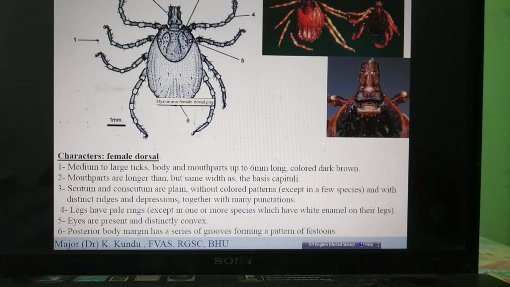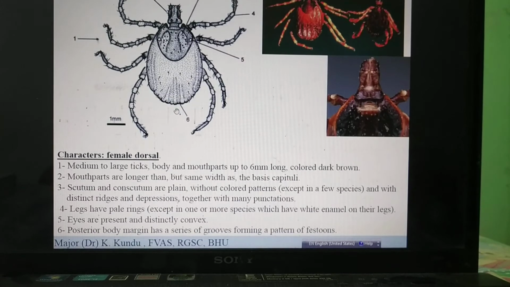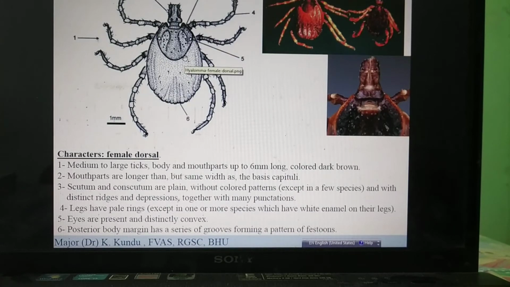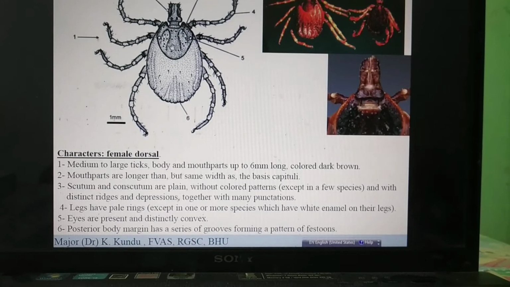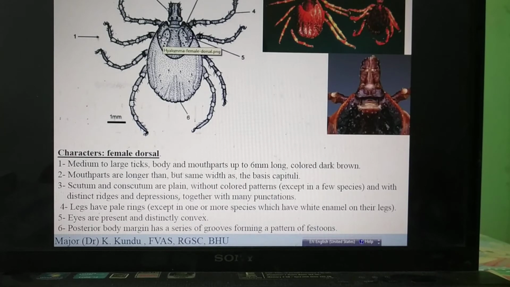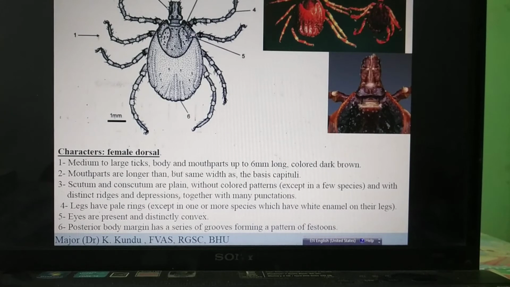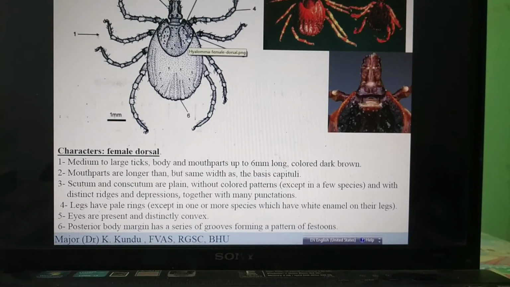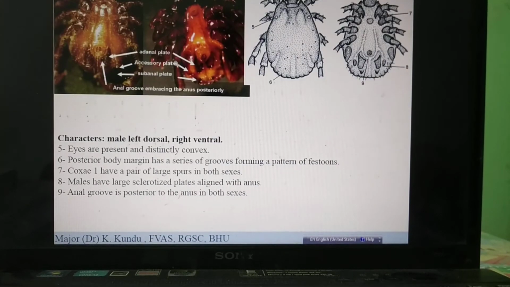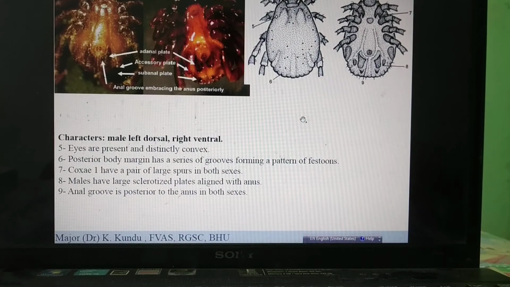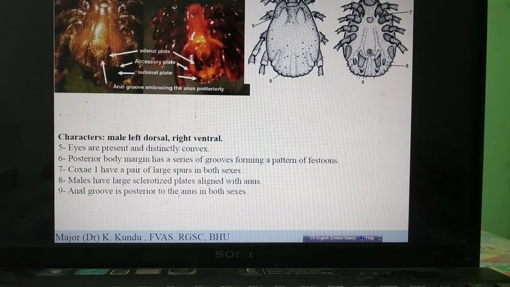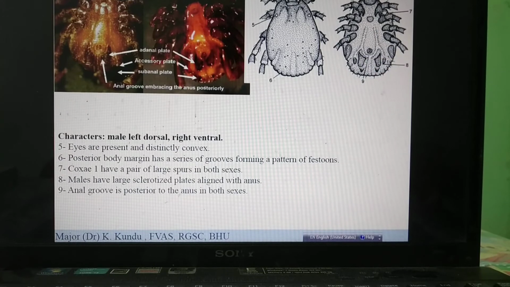Okay. And then on the scutum you will find distinct ridges and depressions. The scutum has distinct ridges and depressions. Now coming to the male tick. So as you can see, the male tick, the most important thing, again we go to the